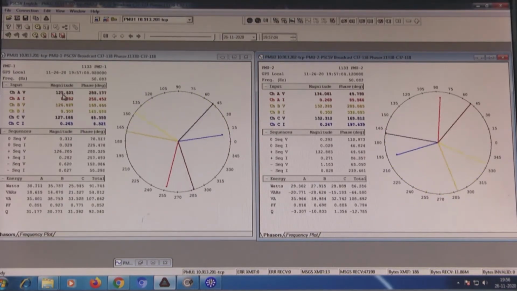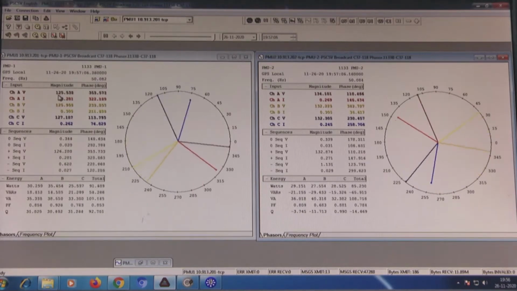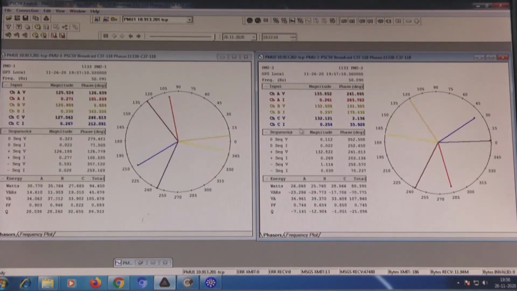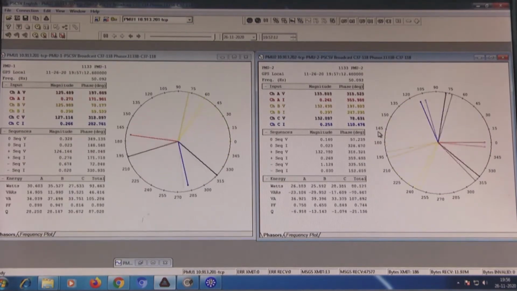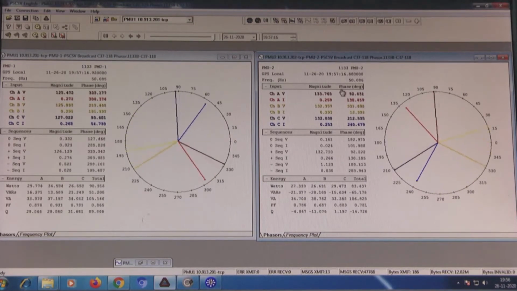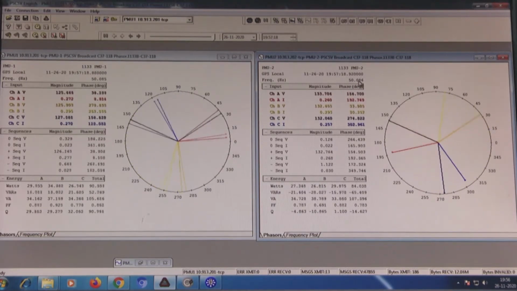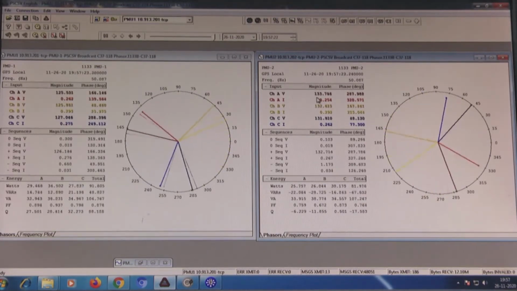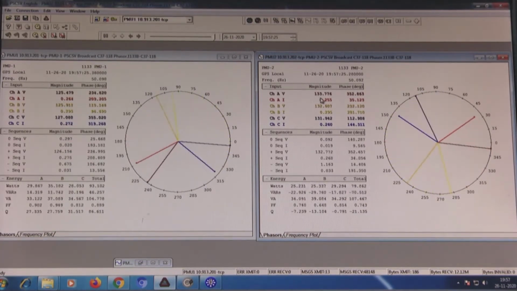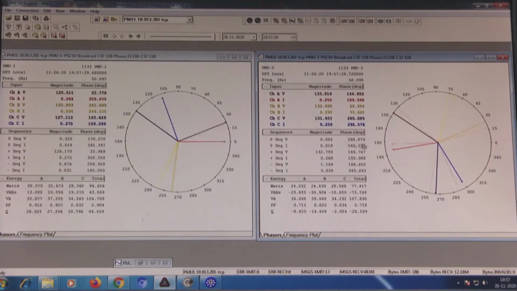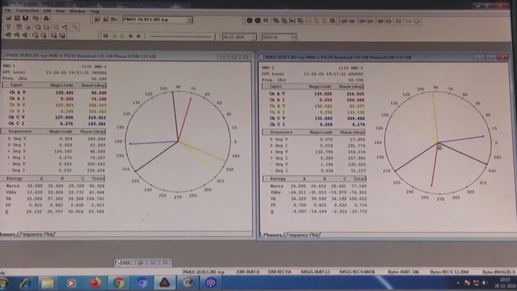Now, on this side, if you see this phase A voltage, it happens to be around 125 or so, and if you go to this side, to PMU 2 that belongs to the grid side, the grid side frequency is now 50.084, and the corresponding voltage in phase A is 133, which happens to be larger than the generator side voltage. Now, this shows that the corresponding voltage and currents are there.